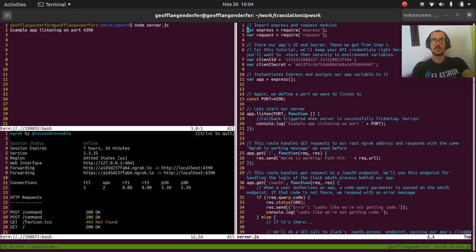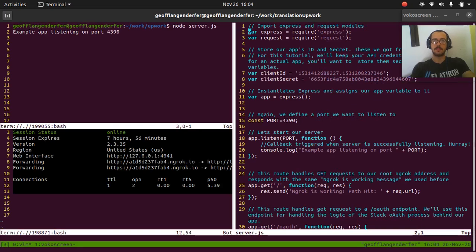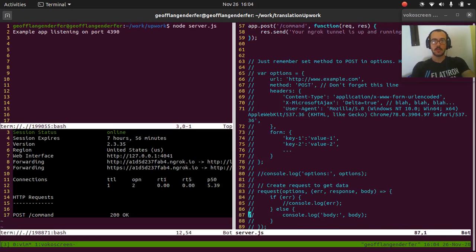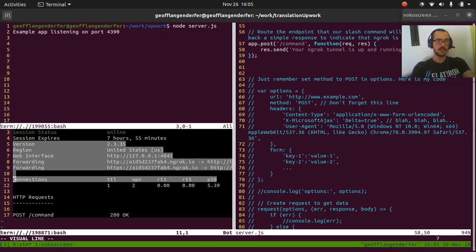It uses both Express and request, and so whenever a user types /new lead, our server will accept that post request, and it's going to respond with your ngrok tunnel is up and running. This right here is an ngrok tunnel, and that allows our Slack app to send an HTTP post request to it,